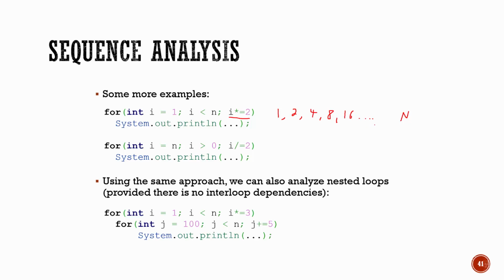Okay, so what do I do now? Well, basically I have to ask myself, how many times do I need to double 2 until I get up to a value of n? You can think about this for a second if you want. There's actually a math that can get us there really easy. Well, turns out it's a log. So if I use a log base 2, that tells me the power I had to put on 2 to get to that value. And so that is going to give me the number of values that I see here for i, right?